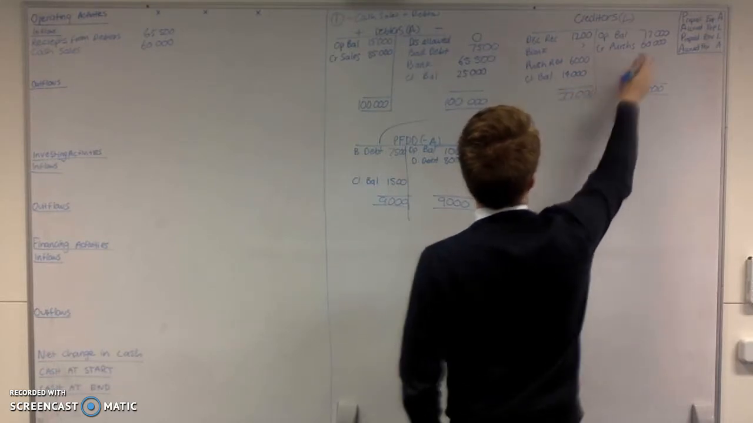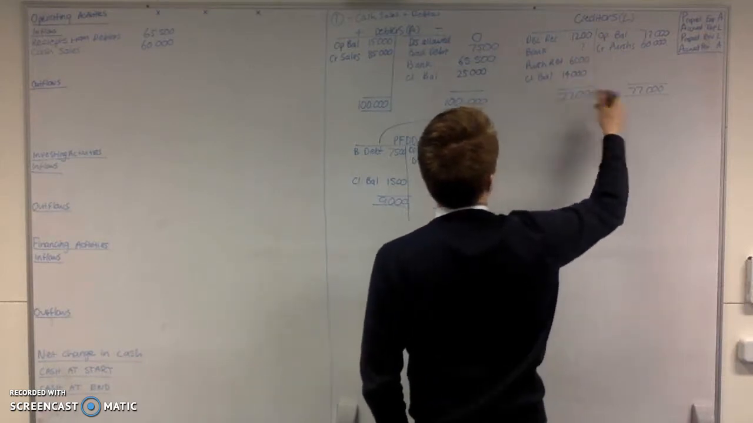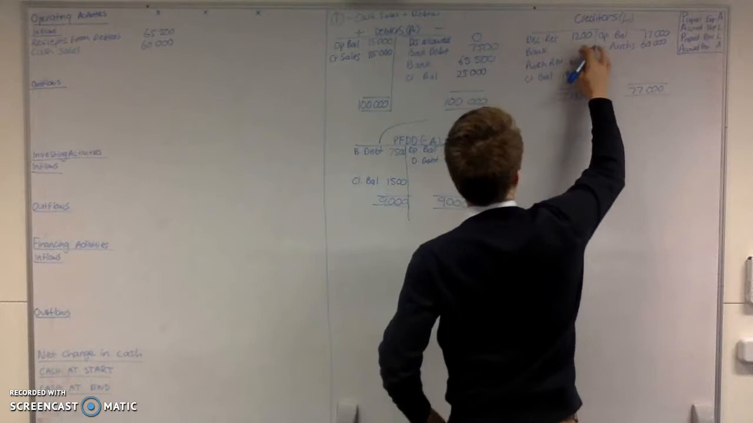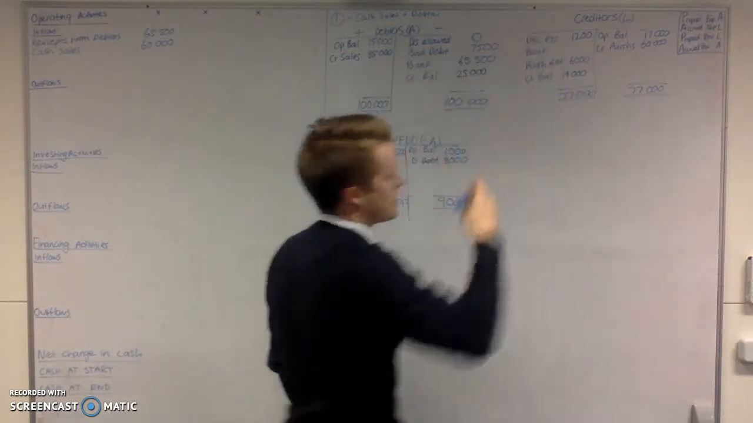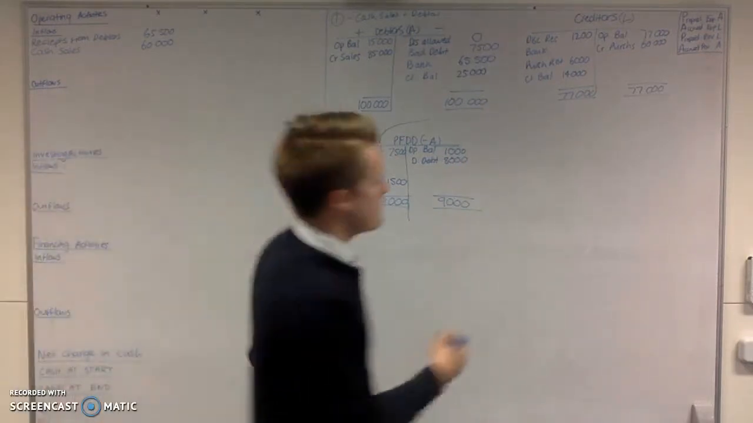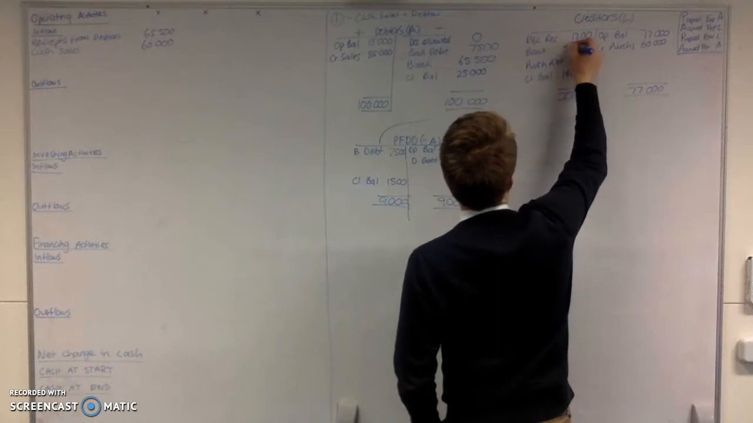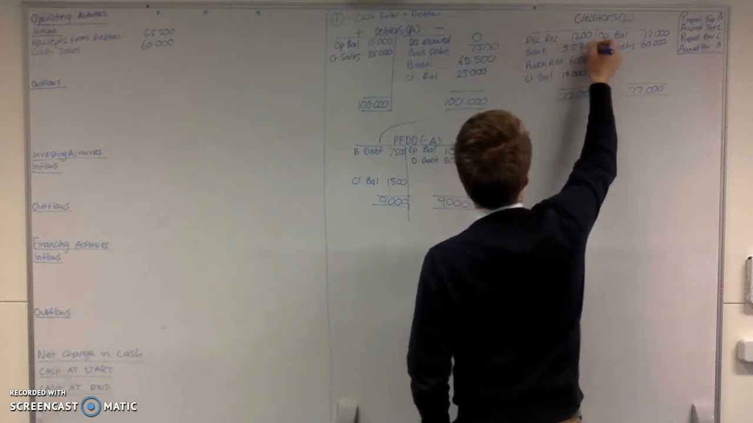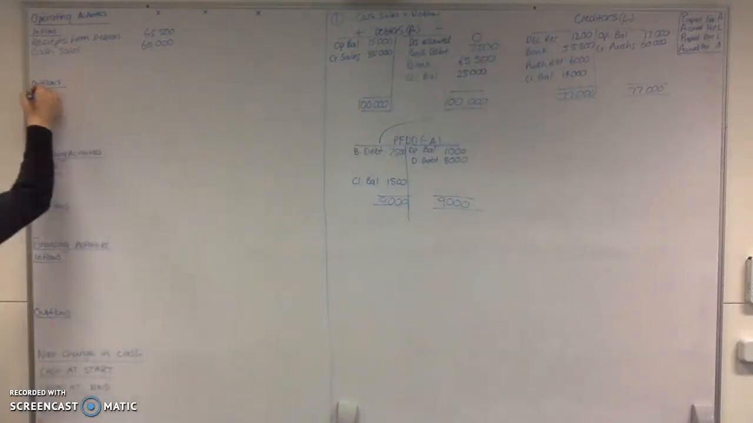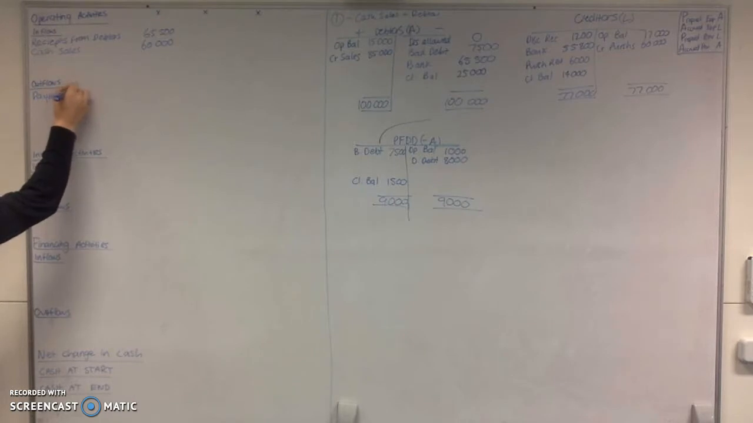So add up the larger side, carry it across, and then solve back to find the bank account figure, which in this case will be 77, take 14,000, take 6,000, take 1,200, gives us a payments to creditors figure of 55,800. So that's the figure we're concerned with, and that is an outflow of cash in the operating activities section. Payments to creditors,